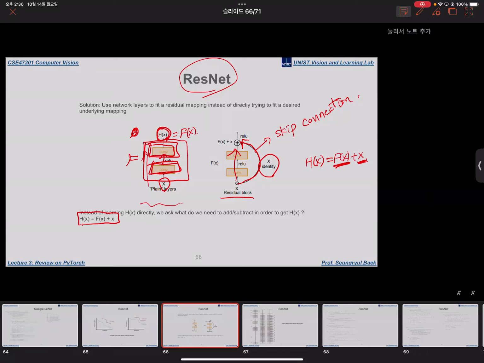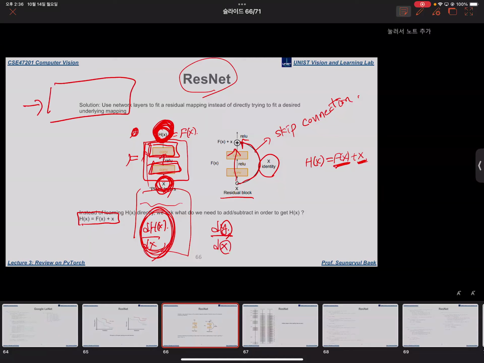Previously, we needed to calculate this kind of gradient by differentiating the output with respect to the input. For overall deep architectures, we have to calculate this. In the worst case, we have to calculate this gradient for the final output with respect to the first input. Let's say this y is the final output and this is the initial input. Let's say this is a very, very deep architecture, having more than maybe 20 layers. Then we have to calculate this, and this is composed of individual layers' gradients, which might be less than